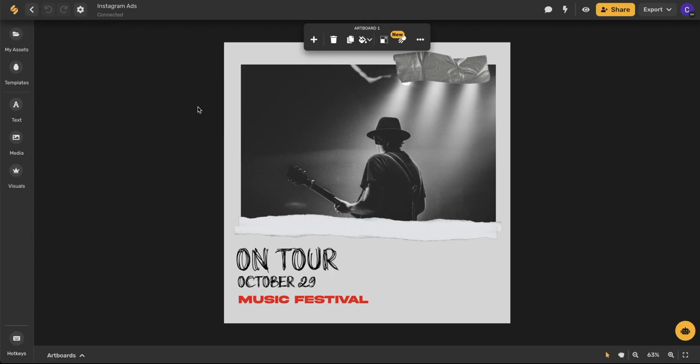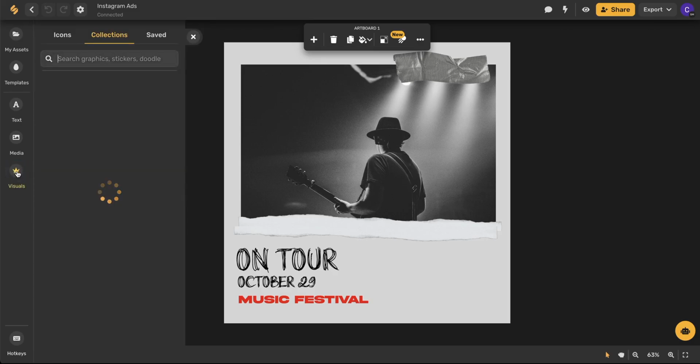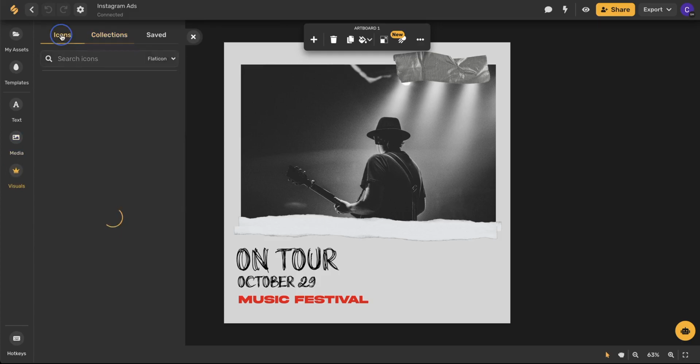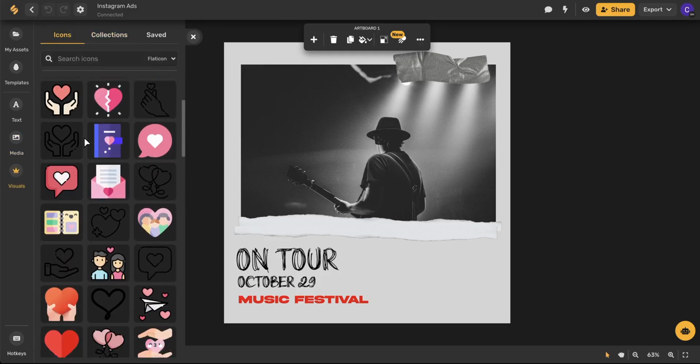With Simplified's visual library, it's never been easier to add eye-catching components to your graphics. Once you have your design, all you have to do is come over here to the left-hand toolbar and select the Visuals tab. Upon doing so, a menu will appear with a vast variety of graphics, images, and emojis to